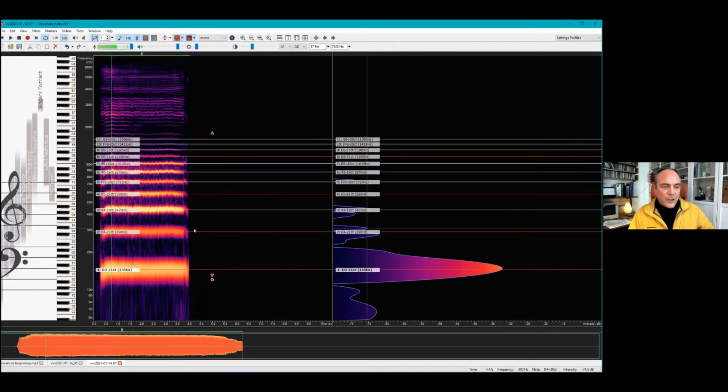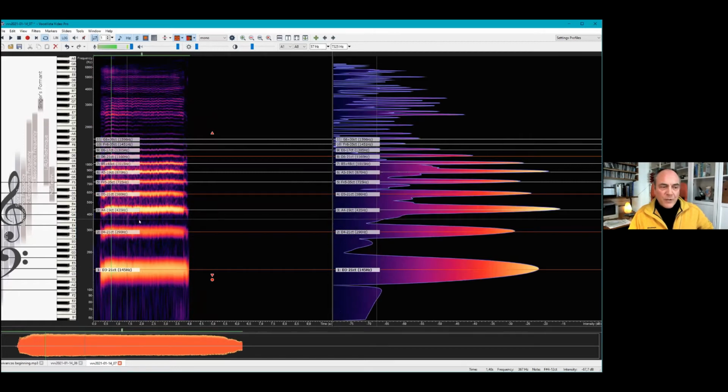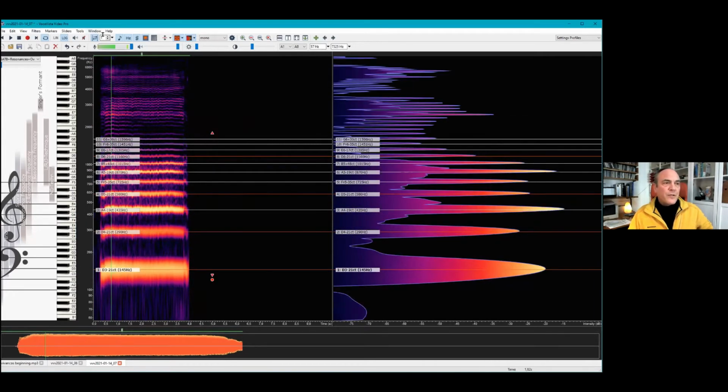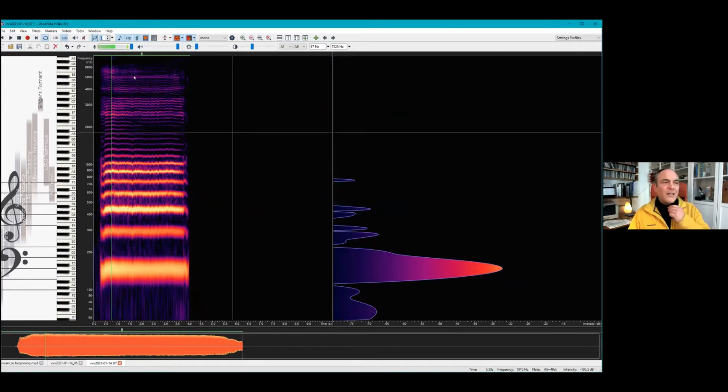So you have sound energy on this frequency, on this one, but you have no sound energy here in the middle. And then you have something completely different. This is resonance of the vocal tract. If I